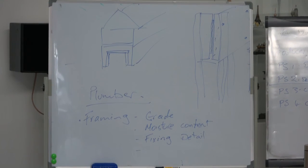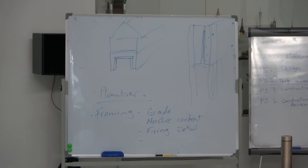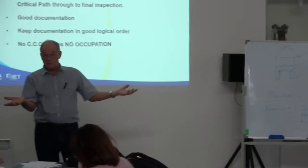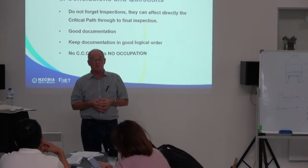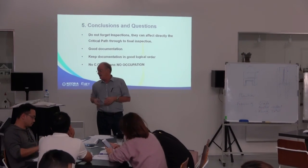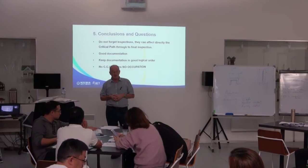Having been a building inspector and you've been on the other side, I'm not the enemy. I'm there to help. Building inspectors are there to help. There's some very good building inspectors out there. One or two of them, we had a particularly difficult man up in Paramaribo, but